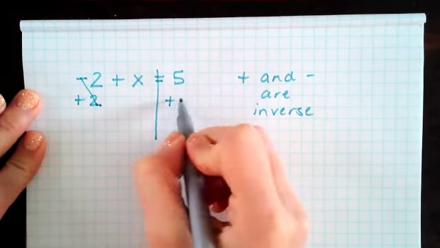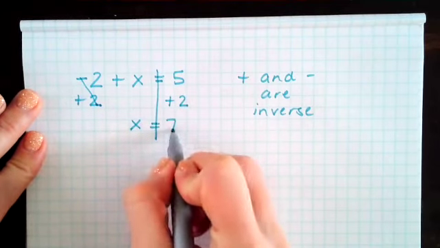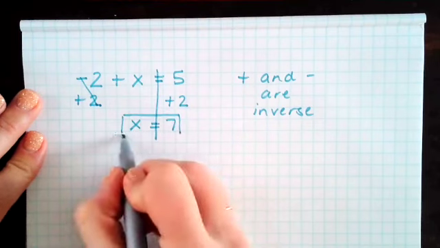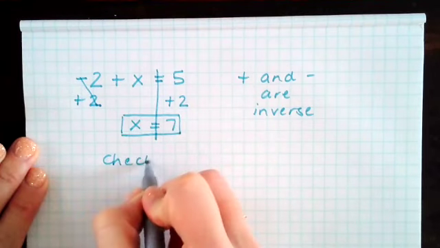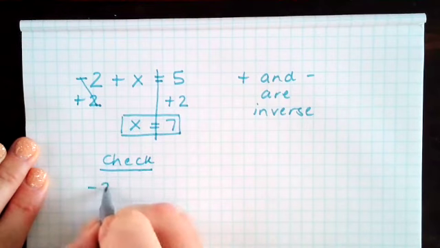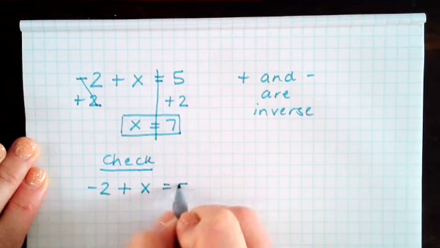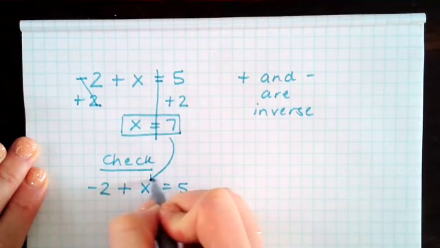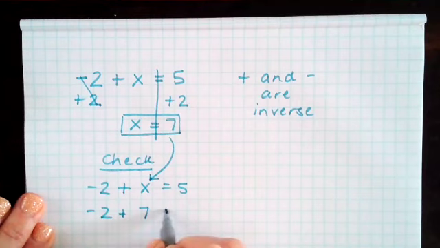Now I'm going to do that on the same side over here, and this is going to give me x equals 7, which was what I thought the answer was going to be. Now let's check it. -2 plus some number is going to give me 5. Now, if I think that number is 7, I'm going to put 7 right there, and I'm going to use